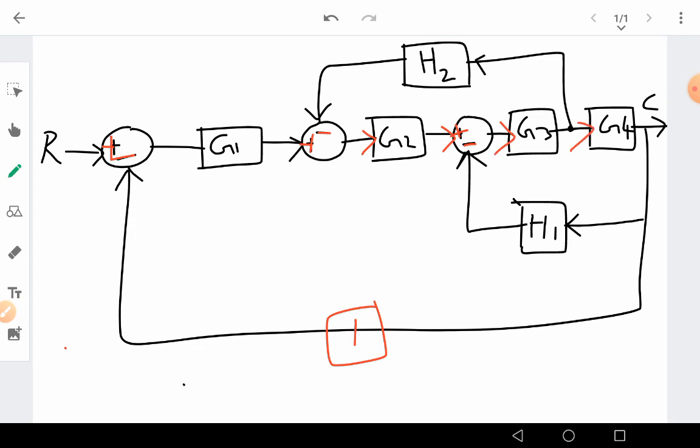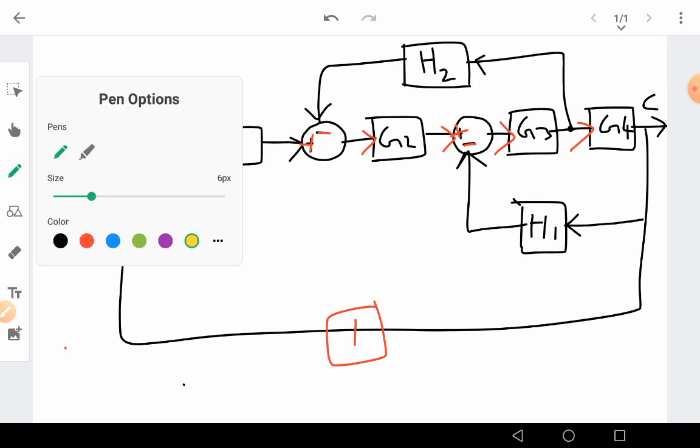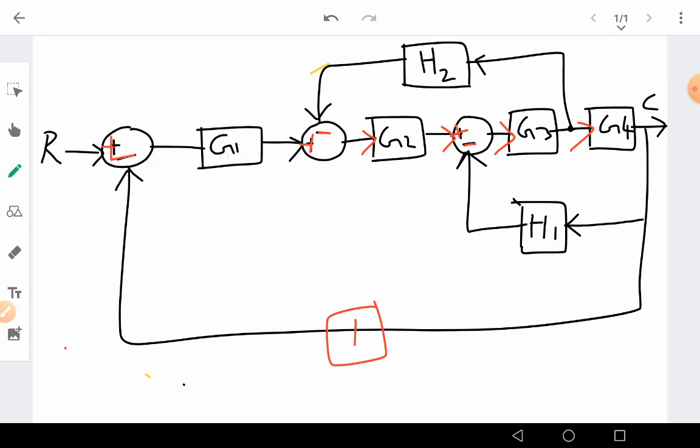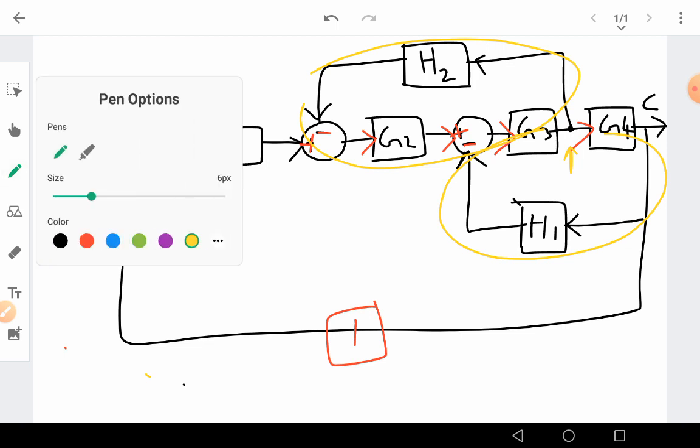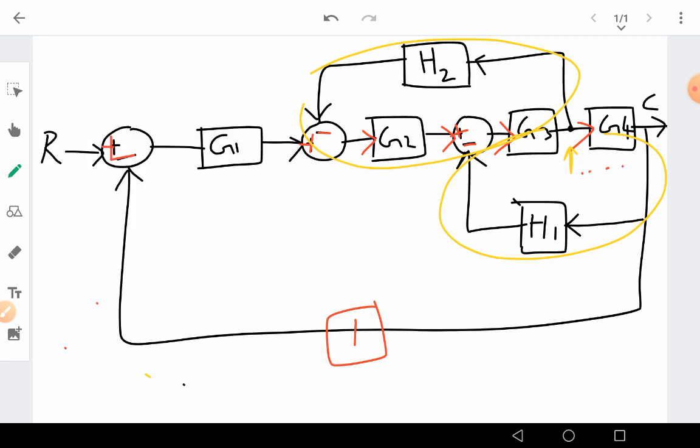You can see there is no direct application of multiplication on any feedback loop here, because all these loops are entangled. This is one loop here, this is another loop here, but this cannot be used because of these intermittent junctions. So I cannot use any formula right now. What I can do is either take this point here so that I can have a complete loop, or I should move this one here. Something I have to do.